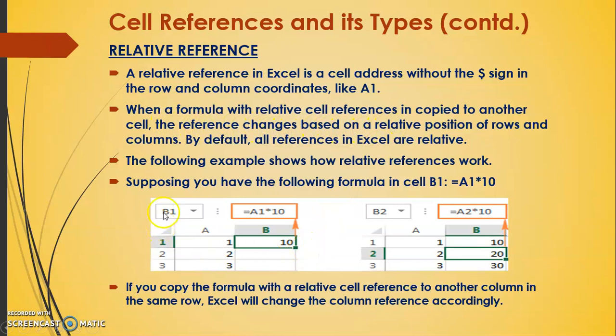For example, looking over here in this screenshot, I have the formula equals A1 multiplied by 10, and as soon as I copy this formula from here to this location, it automatically changes to A2 multiplied by 10. Why? Because here the row is A1, because 1 is the row number, and as soon as I paste the formula here, it will automatically change to row number 2, so the formula will become A2. So this type of reference is known as relative reference, which means in relation to the other part it changes automatically.